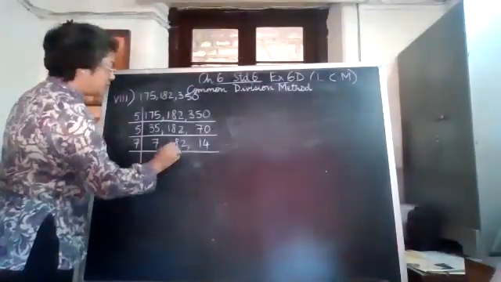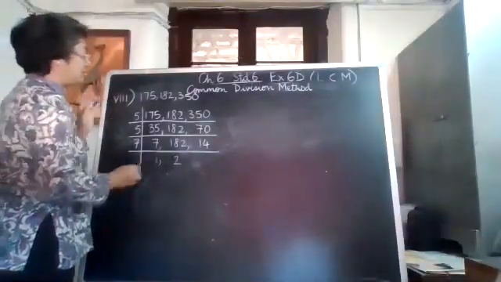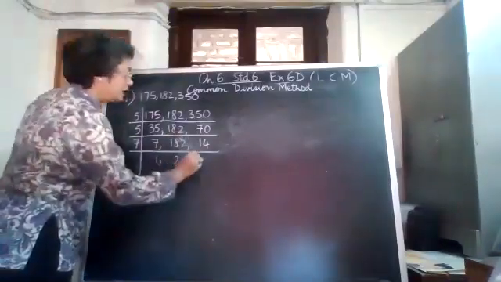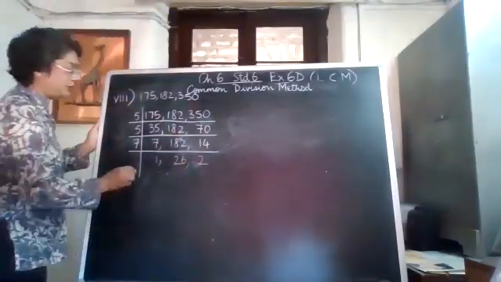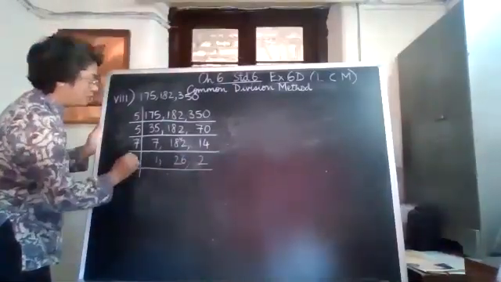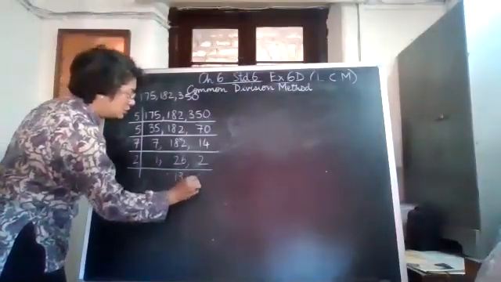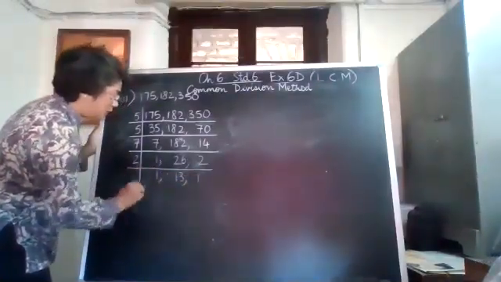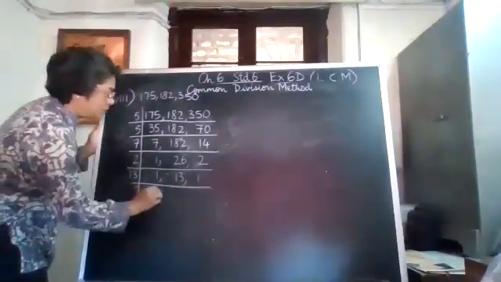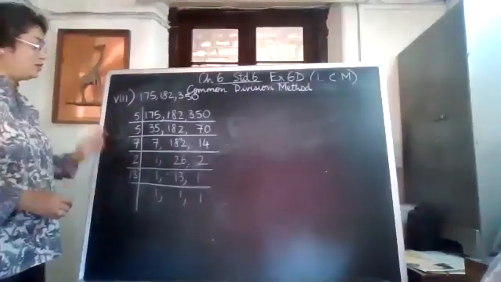Now it will also go into 182. 7 2s are 14, 15, 16, 17, 18. You get 4 over here. 7 6s are 42. 7 2s are 14. Now I have 26 and 2. Both are ending in even numbers. They will go by 2. 2 13s are 26. 2 1s are 2. Bring down 1. And 13 is a prime number. So you will do 13 1s are 13. Now you've got all the prime numbers.